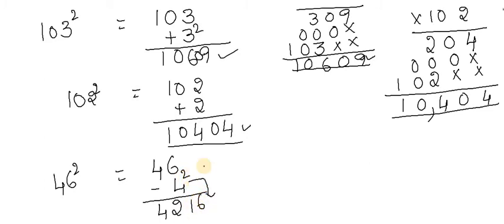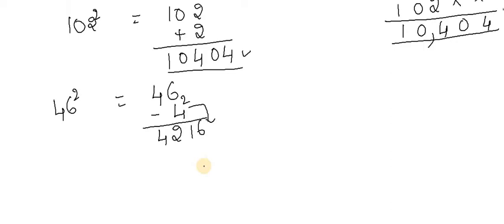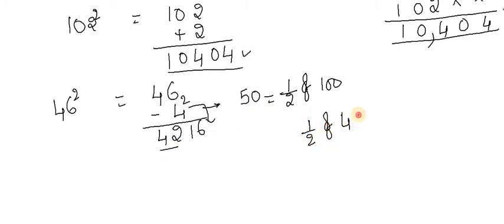Actually, this is the procedure we are doing till now, but the only change we have to make is that we just consider this number near to 50, right? So 50 is half of 100. So I just have to do half of 42. Half of 42 is nothing but half of 4 is 2, half of 2 is 1, and the last 2 digits will come as they are. There is no change in the 2 digits. So the answer is 2116.